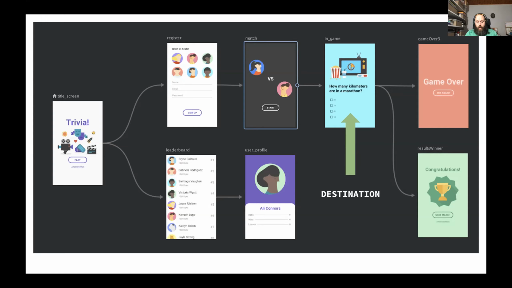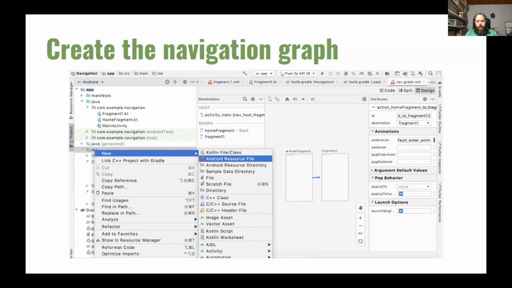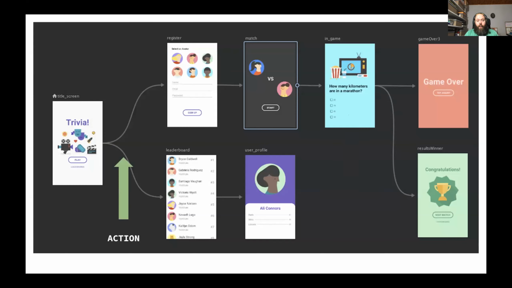When you use the navigation graph, let's go back a little, you will see that at the top of the navigation editor, you have the plus button, and you can add a destination. From there, you can create a new fragment, or you can attach a fragment already created in your code. And then we have the action. The action is what defines how the transition should be. In the action, you can specify any argument you may need. You can specify the animation and so on.